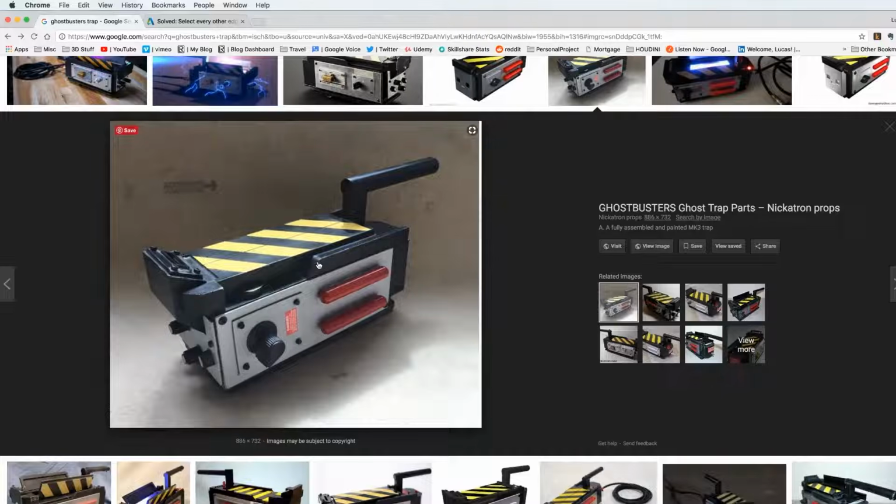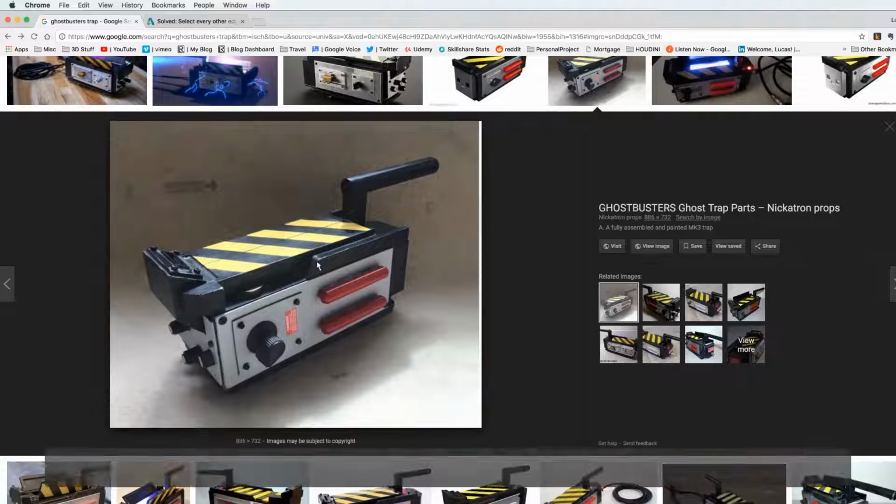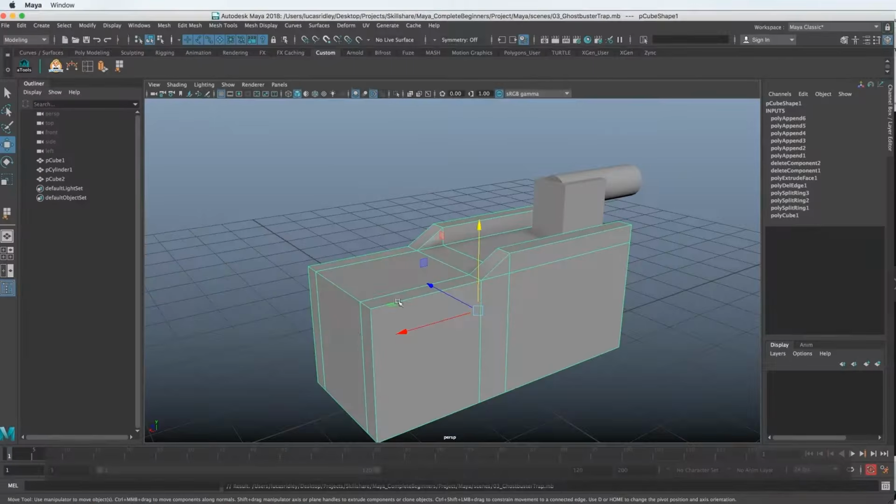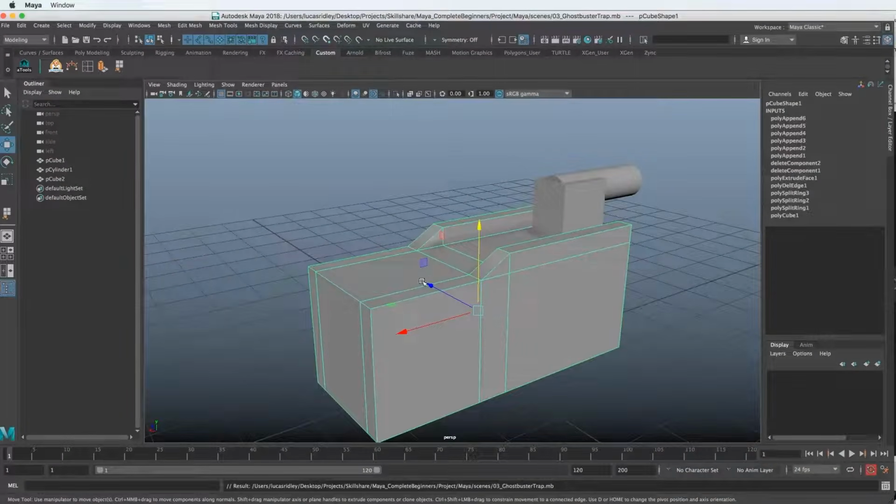So it looks like this is a pretty rounded edge, but this edge maybe isn't as rounded as that one, but it is rounded there. And this one is maybe a little sharper. This could be because this is a homemade thing and it's not exactly machined as it would be if it were a real thing. So depending on if you want to divide these bevels up, you can do them separately. I say we just do them all together so that it's a little quicker, and you can add more detail or do the bevel separately if you want at a later time.